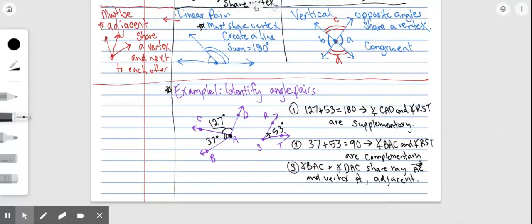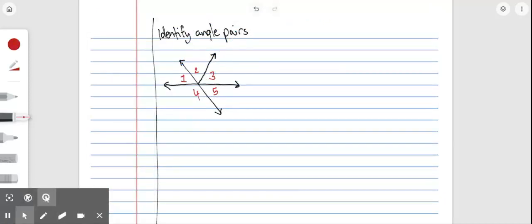Okay, let's try a second diagram. So make sure you pause this and you have all three of those things. I'm going to start on a new page. Okay, so here's our new diagram. Again, we're trying to identify complementary, supplementary, linear pairs, and vertical angles. So I'm going to start with some linear pairs. So I noticed that